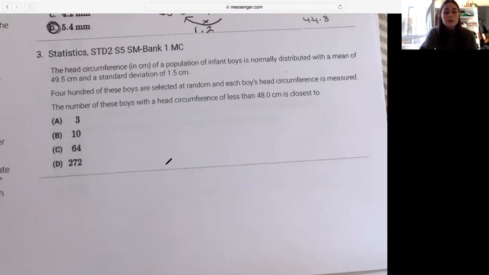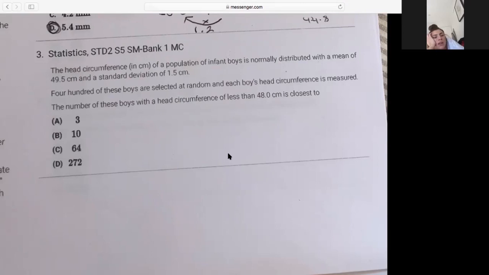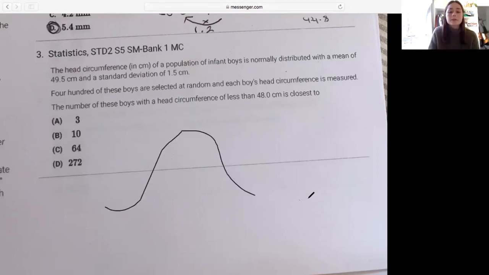So normal distribution is when, I don't know the exact definition for it, so let me see if I can find the textbook definition for it. But it's where the spread of the data is even, when it's symmetrical. And so that's why we can draw that curve, because it's symmetrical. It'll have the same up as it is down. And so it's an easy way to figure out where,